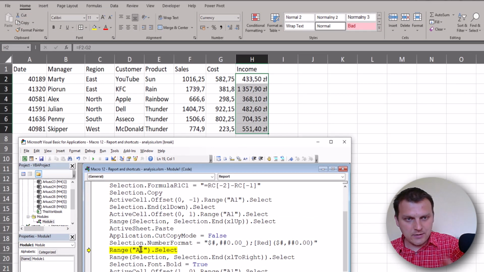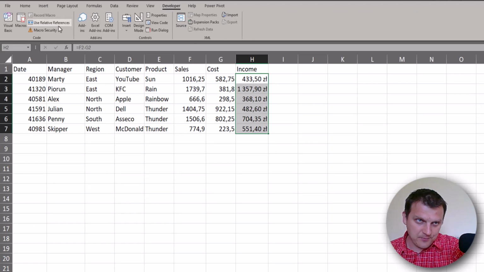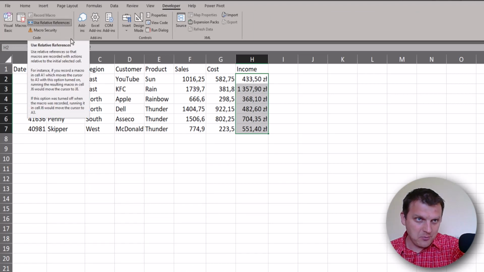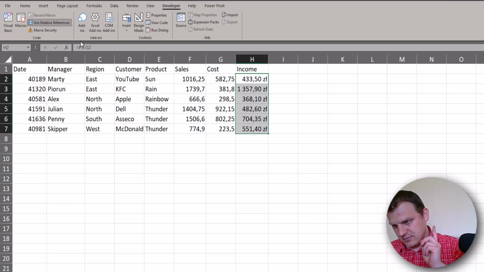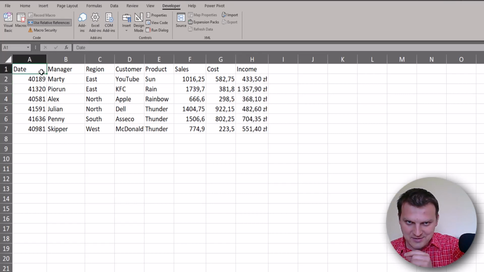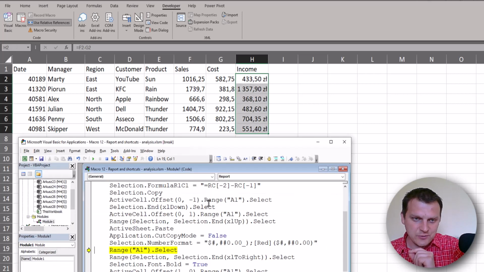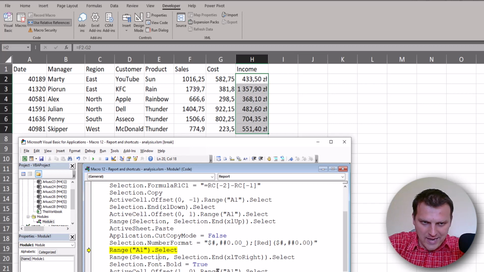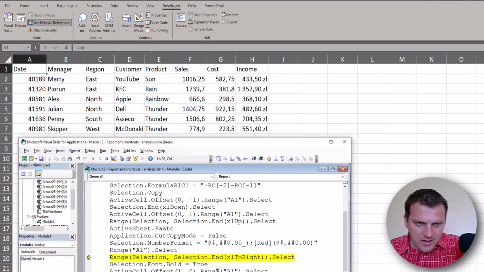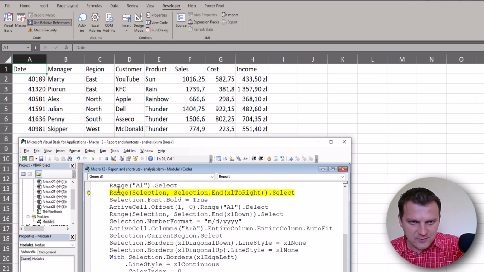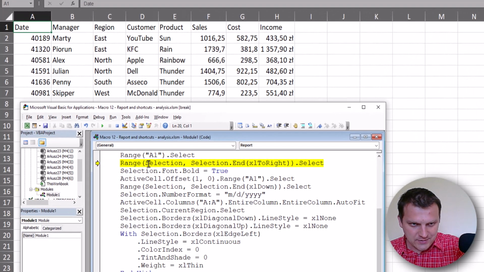Then we go with relative reference. So on the developer tab, this was highlighted, but I didn't click on this cell, but I use the Control Home shortcut. So we go to A1 cell, and after this we select range from selection, so from A1 cell to the